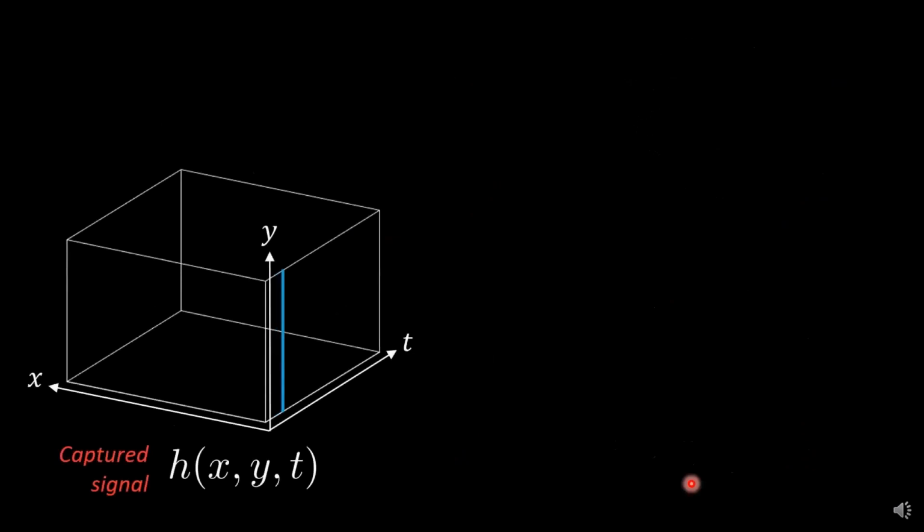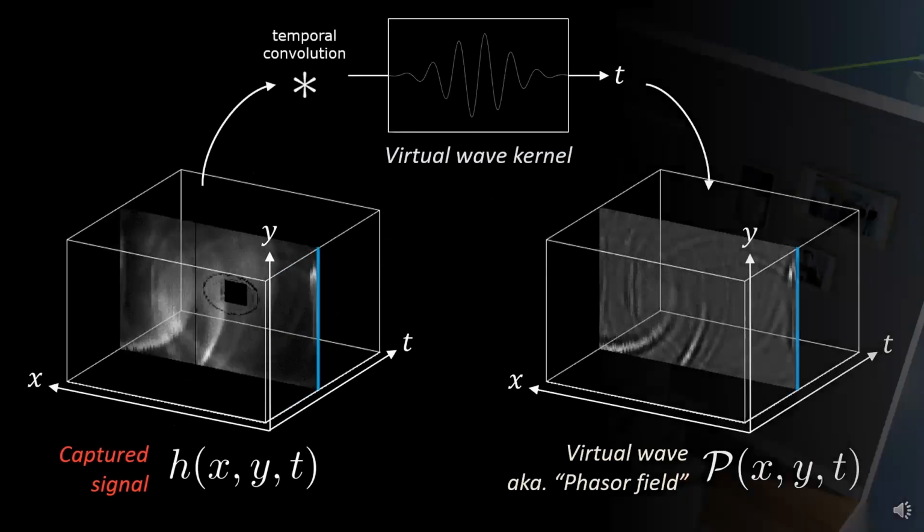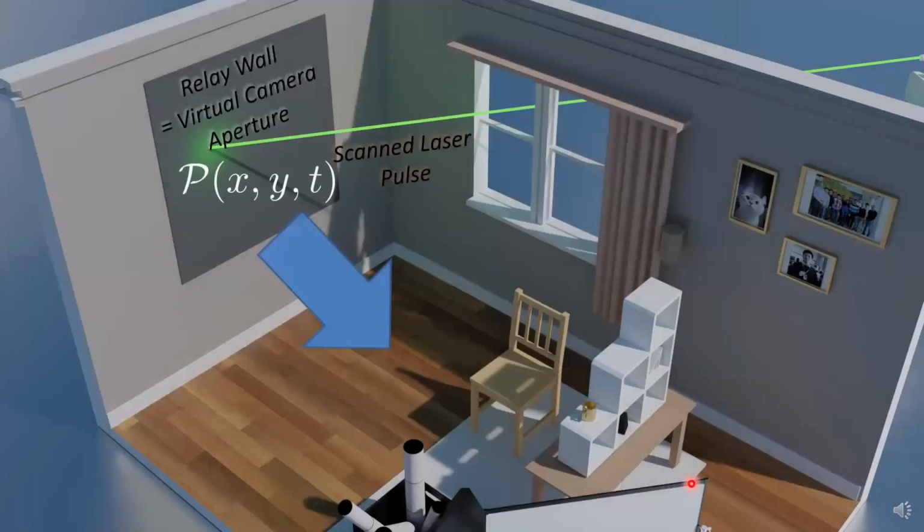It's called the Rayleigh-Sommerfeld diffraction integral. So we have a captured signal, we convolve it with the kernel, we get the wave, and then we project it back into the scene. The diffraction operator that does that is called the Rayleigh-Sommerfeld diffraction operator. I'm probably not going to go into too much detail about that right here, but if you have questions later, we can go over this.